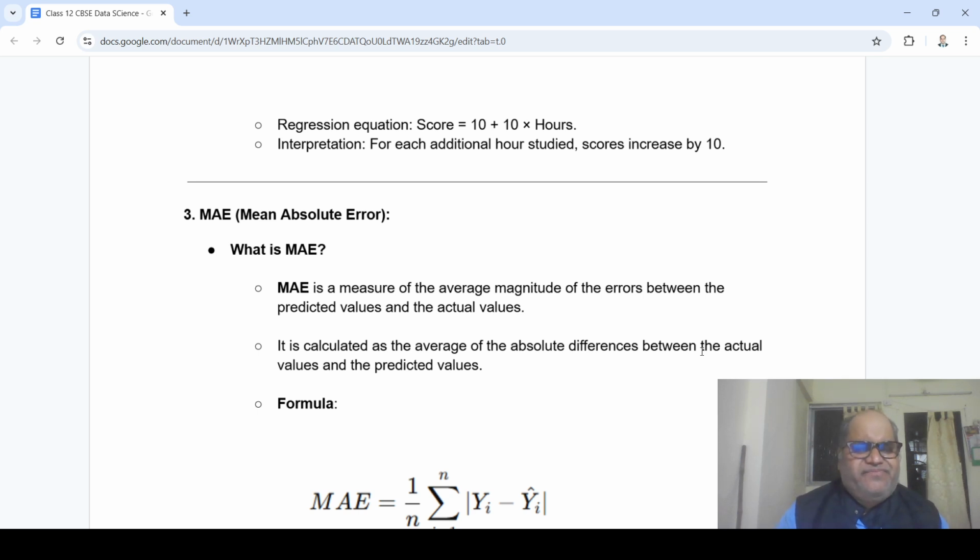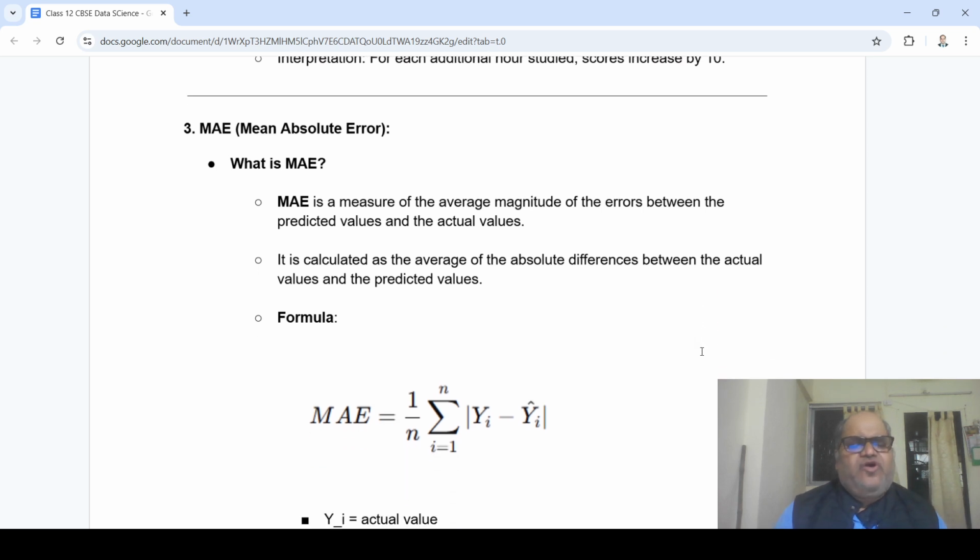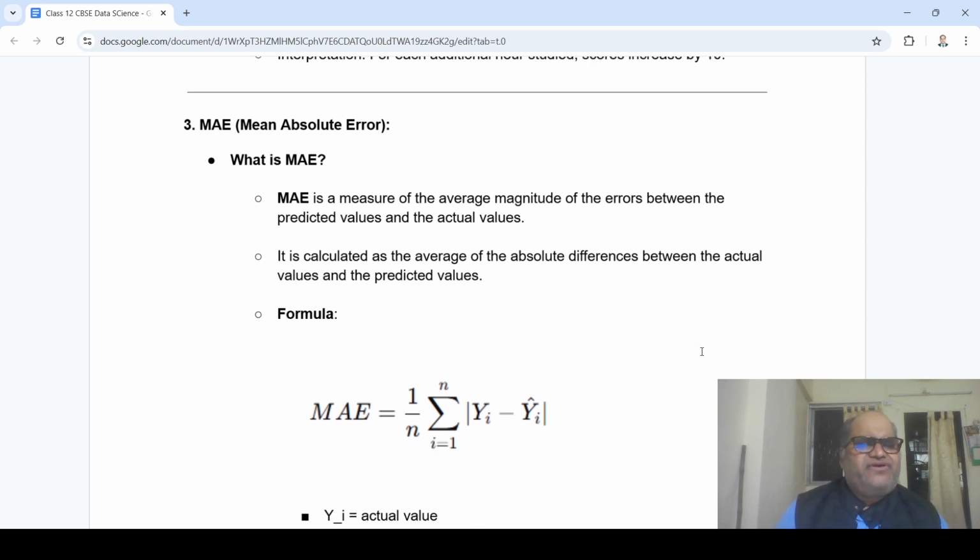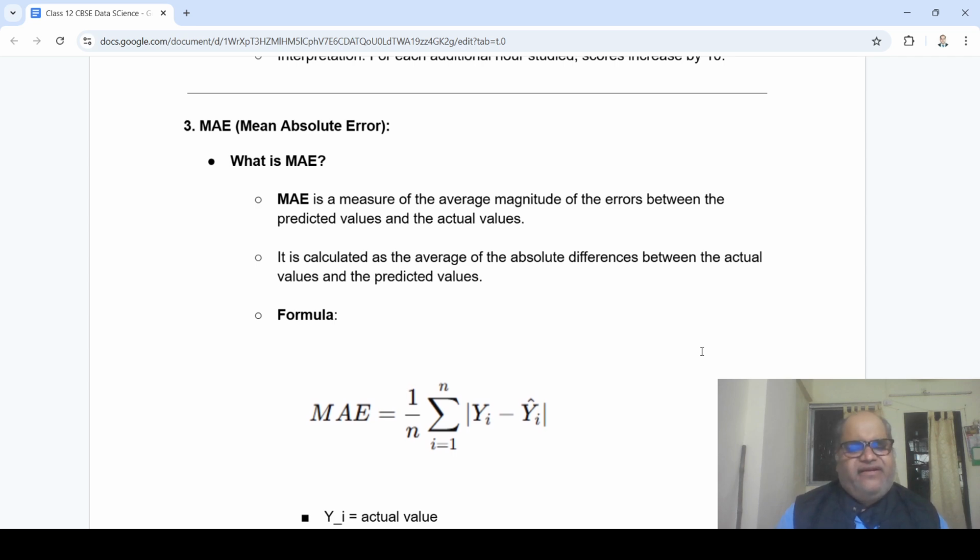So for simple linear regression, which is when you have just one variable as your independent variable, there are two common terms. One is called mean absolute error, right? And as you saw here,